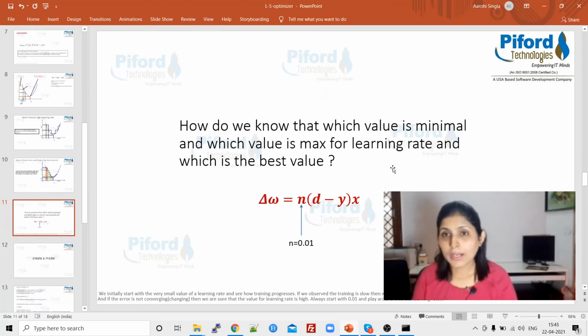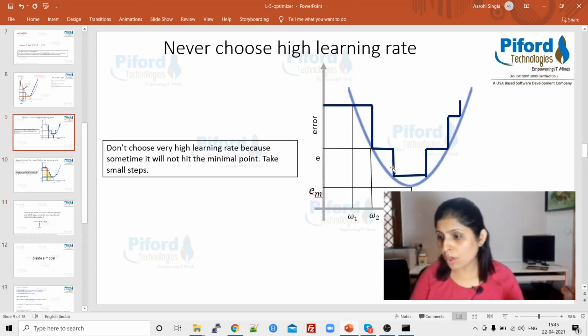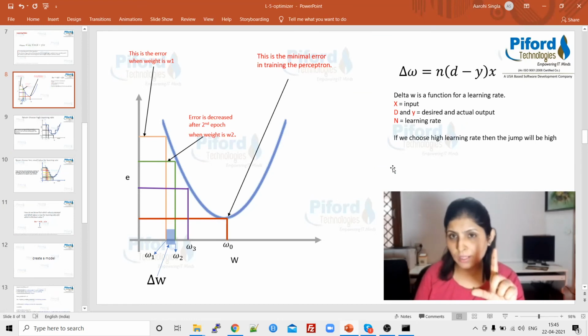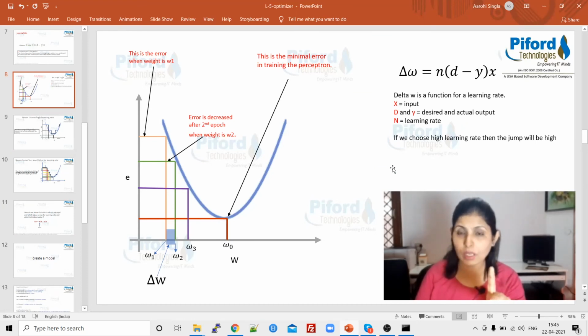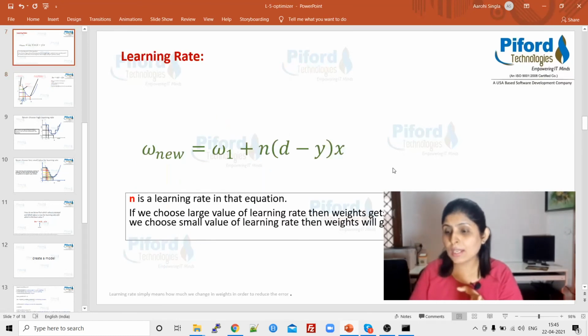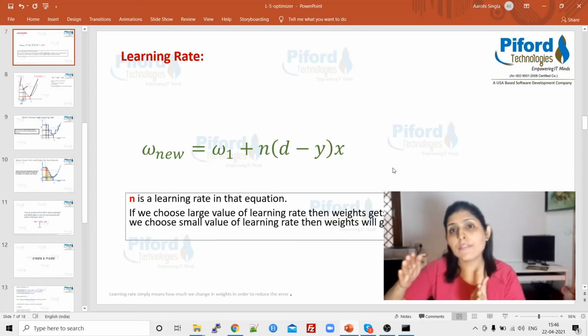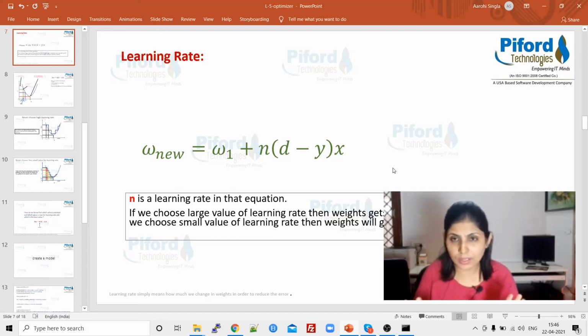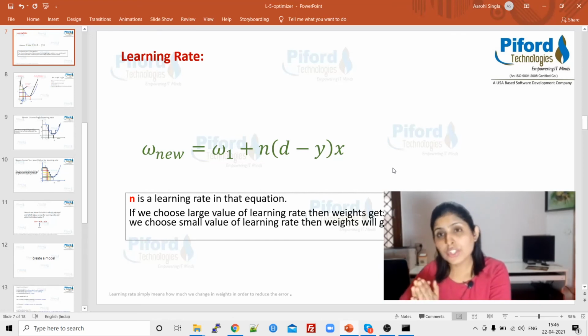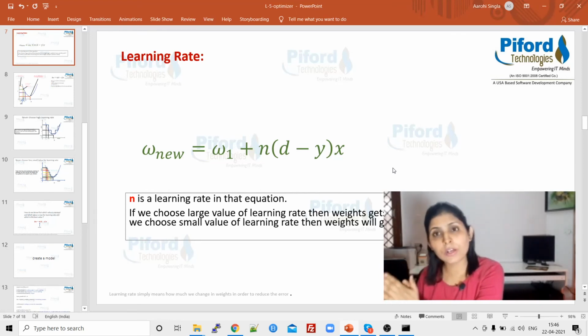Now the question over here is, how do we know which value to choose, which value is the minimum, which is the maximum for learning rate, and which is the best value? I have told you in all these examples to choose a learning rate, because learning rate is important. Learning rate simply means how much we want to change the value of the weights in order to reduce the error.